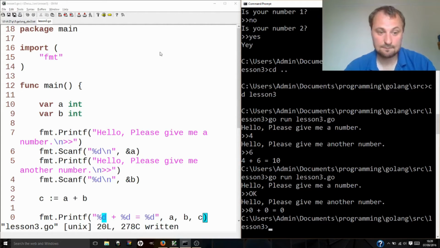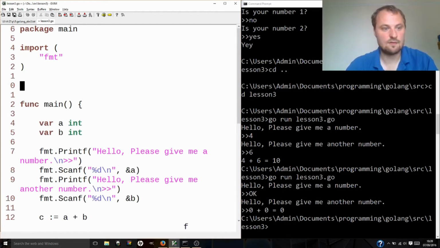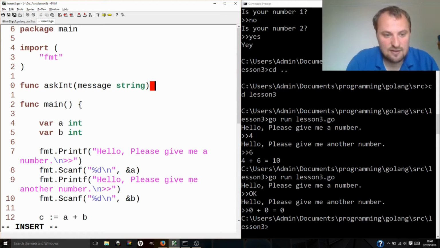So what we're going to do instead is we are going to make a special function of our own which will be able to ask for an int. Okay, so back over here, at the top, we're going to declare a new function, and this is func askInt, and this will need a message, okay, and that message will be a string. Now, and our return type, I don't know if we've really done return types, but every function can return something to the person who asks, and then if you see it in line in the code, it kind of becomes that result. So this will return an int,